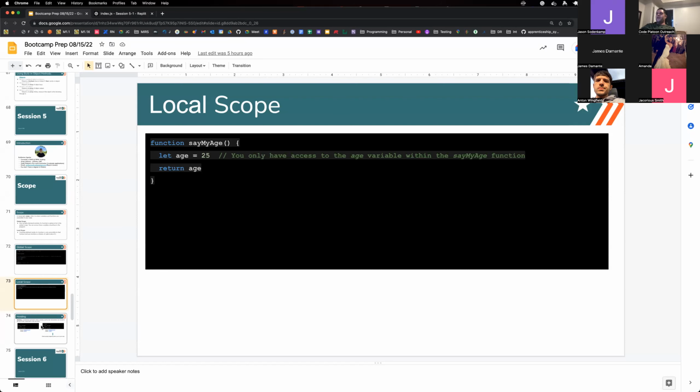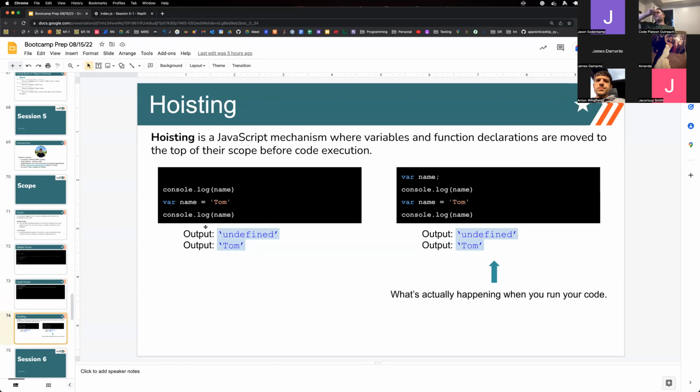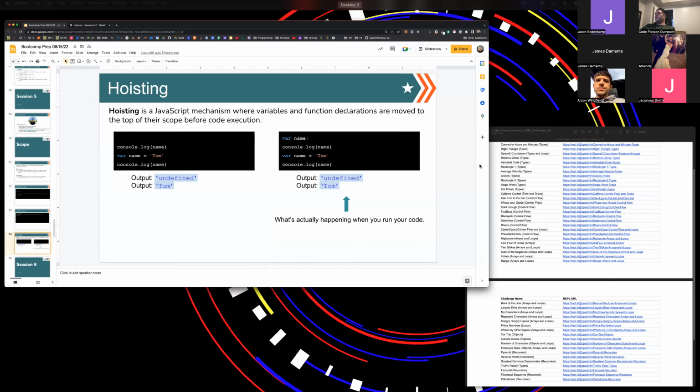All right, now hoisting is an interesting concept, but it's nothing that you need to fully understand to get through Code Platoon. Basically, hoisting is a JavaScript mechanism where variables and function declarations are moved to the top of their scope before code execution. So basically what this is saying is that if we do this here,